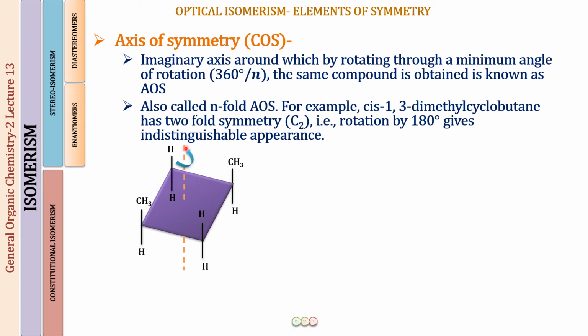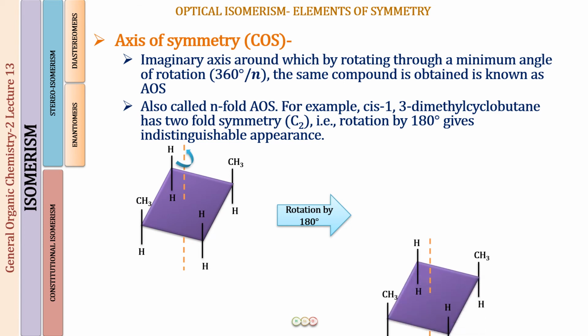So here we have this as the axis of symmetry, and if we rotate this molecule by an angle of 180 degrees around this axis, what would happen? If I rotate this, CH3 would come here at this position after a rotation of 90 degrees, and it would go here at a rotation of 180 degrees. These H at a rotation of 90 degrees would come here at 180 degrees. This CH3 would reach here at 180 degrees, and these two H would reach here.